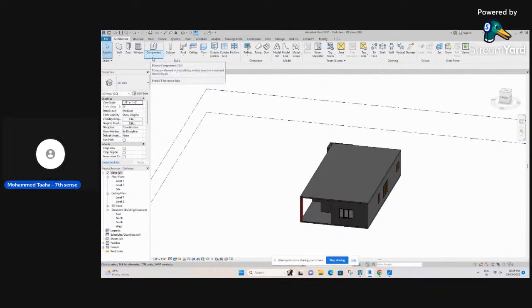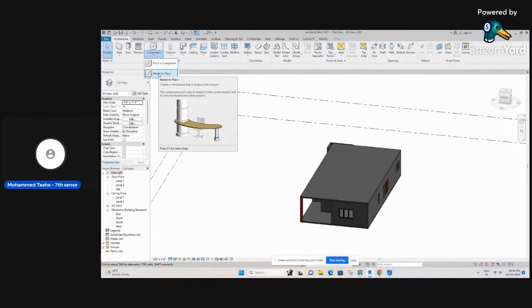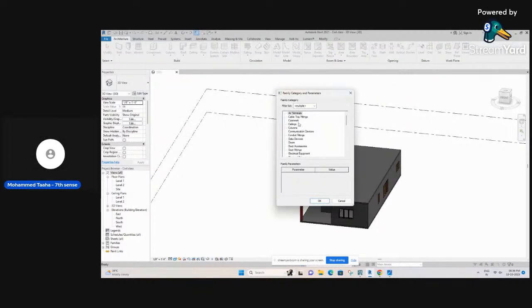In today's class, the main topic is components. In yesterday's class, we learned how to place a component, how to load it from Revit's family, and in today's class, we're going to understand how to create our own models with the help of model in place. I'm going to click on model in place. Now you'll have